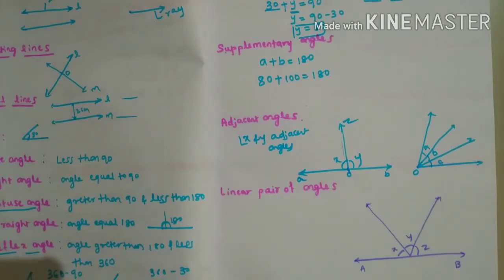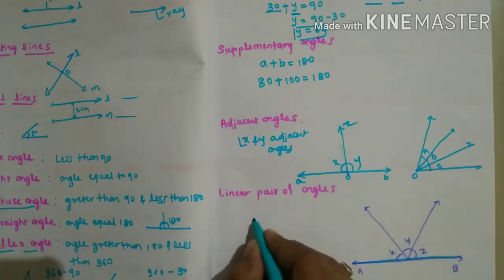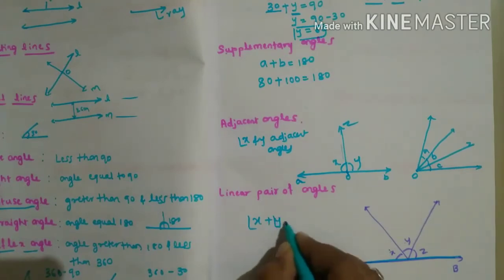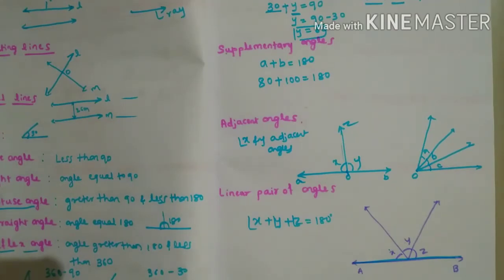If you take angles on a straight line, here the straight line is AB, on this we are taking three angles, x plus y plus z. If you add them, you are going to get x plus y plus z is equal to 180 degrees. Linear pair of angles means the sum should be equal to 180 degrees. Then only we can call those angles a linear pair of angles. We can take two angles also, but the answer you have to get is a linear, that means straight angle. Straight angle means 180 degrees. Always the angle of the line will be 180 degrees. So only it is called a linear pair of angles. Sum of the angles equal to 180 degrees.